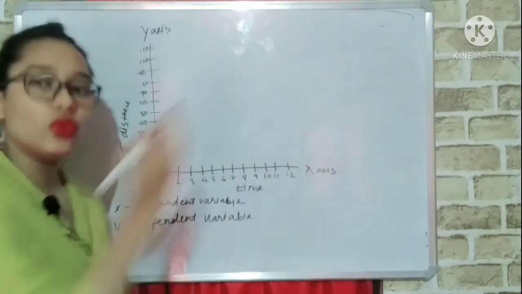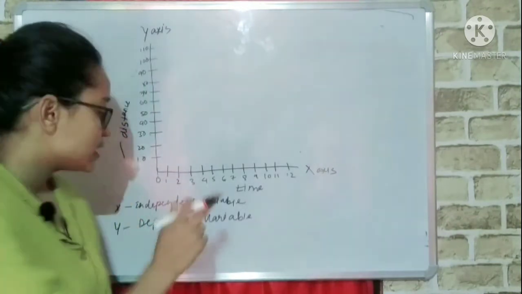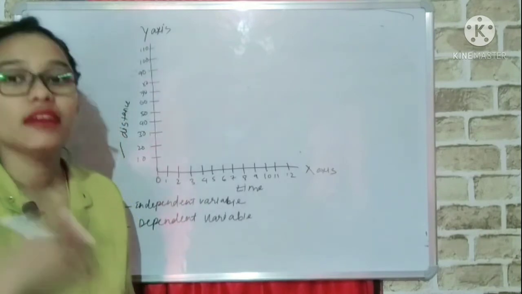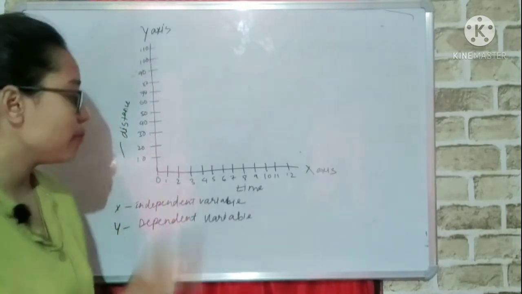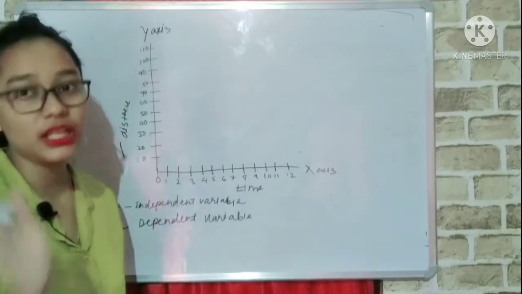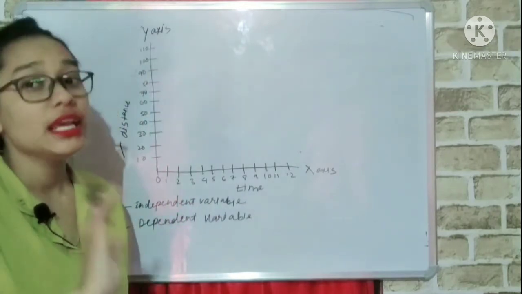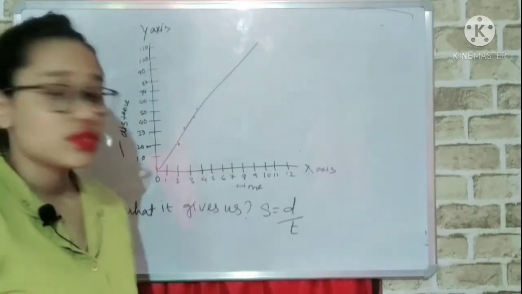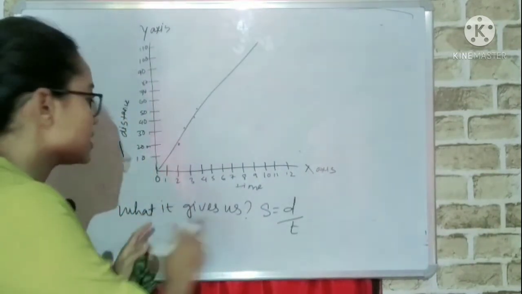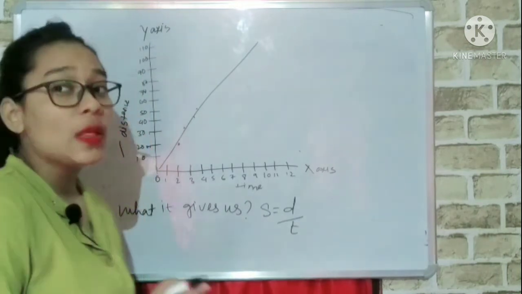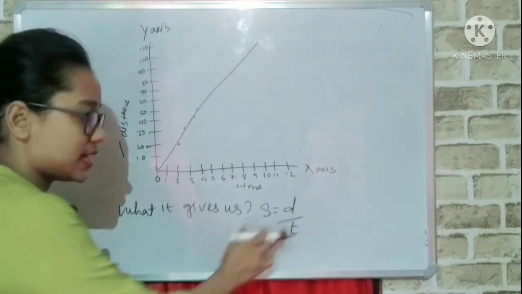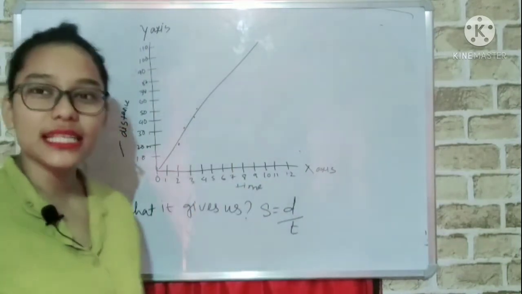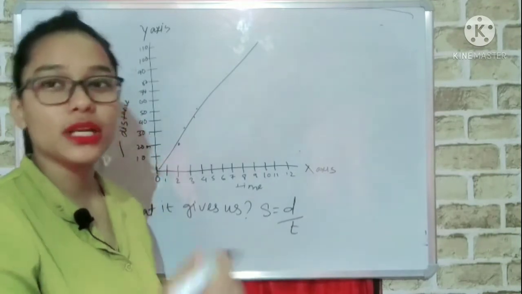It will go on moving. But distance is a dependent variable. It depends on many factors like speed, velocity, acceleration. But time is an independent variable. It does not wait for or depend on anything. It will go on moving continuously. Now let's see what we can find from this distance-time graph. With distance and time, we can find speed, right? So with this graph we can get the speed of an object or body or a car.